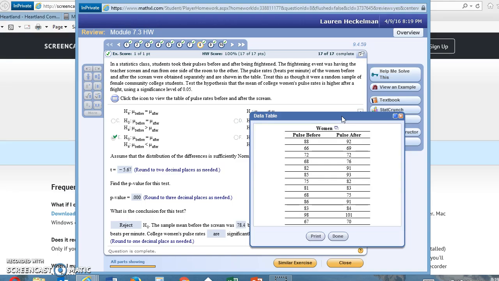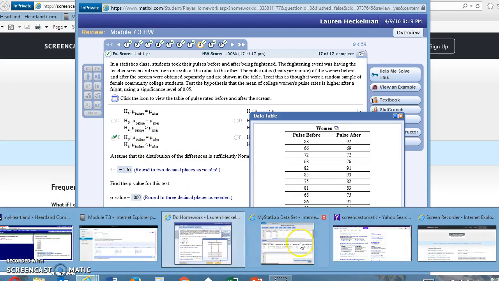So here's the data table, and the null hypothesis is that the pulse rates before is equal to the pulse rates after, and our alternative hypothesis is that the pulse rates before is less than the pulse rates after. So then we take the data table and copy it into